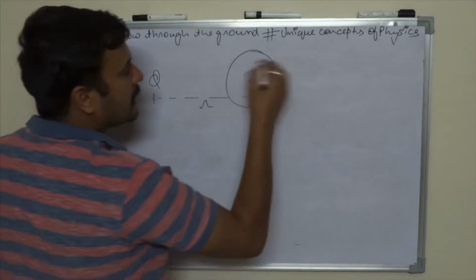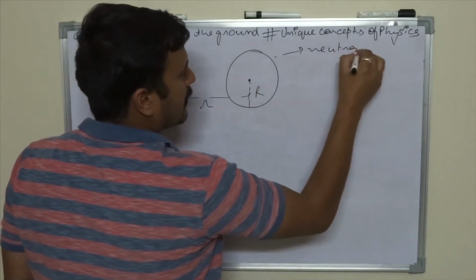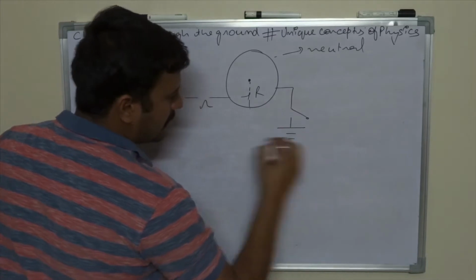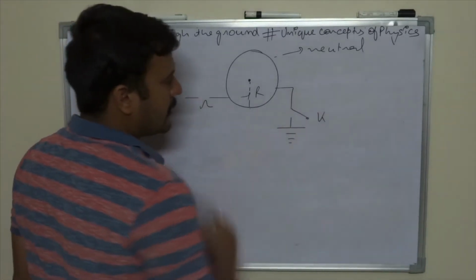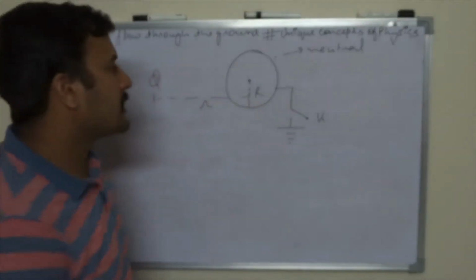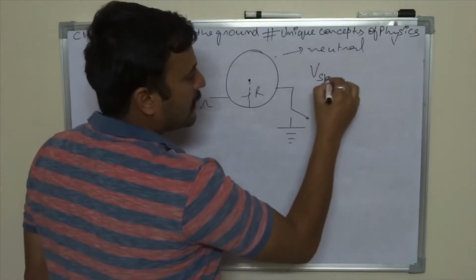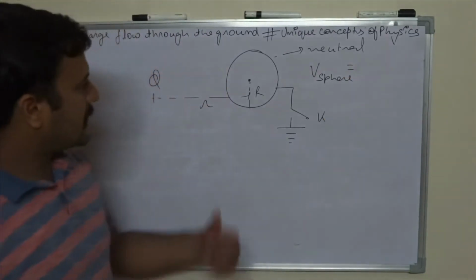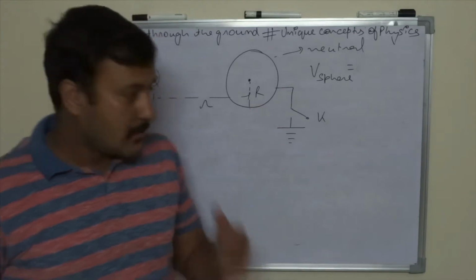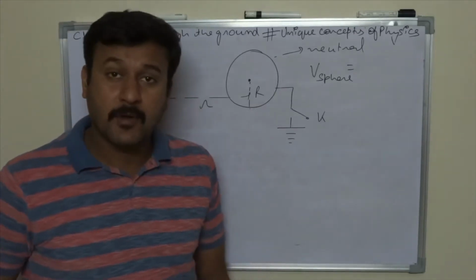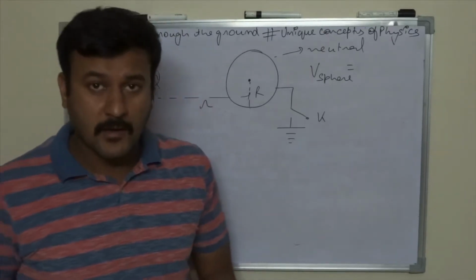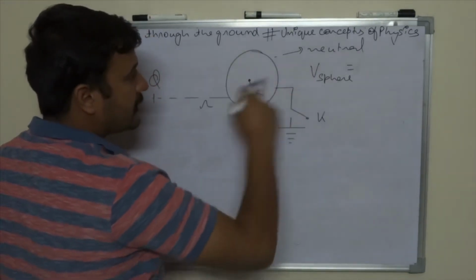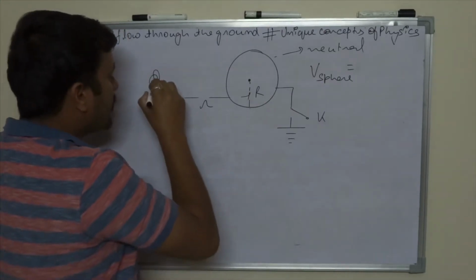Now, this sphere is neutral, and we have a provision of connecting it through the ground. Now, if I ask you what the potential of the sphere is, I'll make more videos about the concept of potential on conductors, but till now I'm assuming that you know how to calculate the potential of a conducting sphere. So when this key is open and the sphere is neutral, then the potential of q at